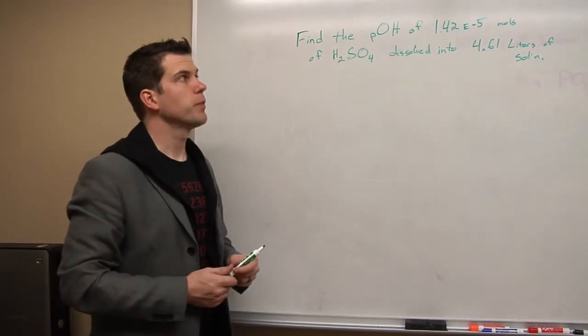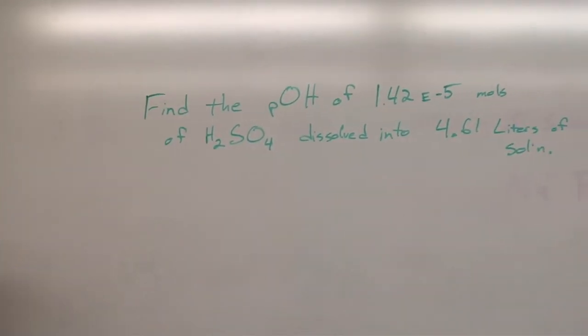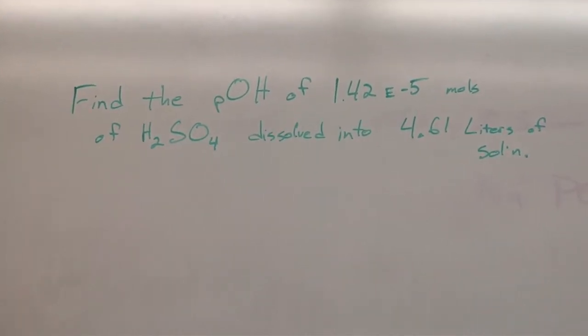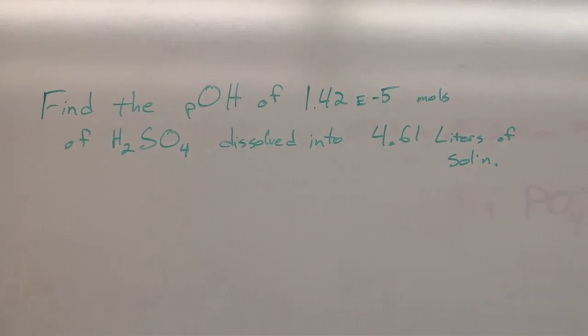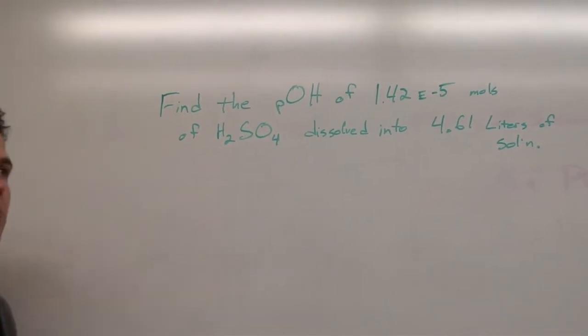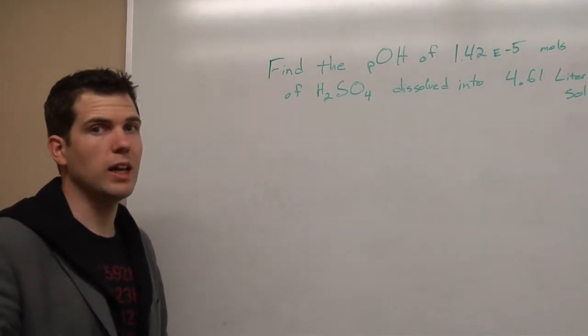Question for today. Find the pOH of 1.42 times 10 to the negative fifth moles of hydrogen sulfate dissolved into 4.61 liters of solution. Now, because this starts with an H, and also because it's being dissolved into water, it would classify as an